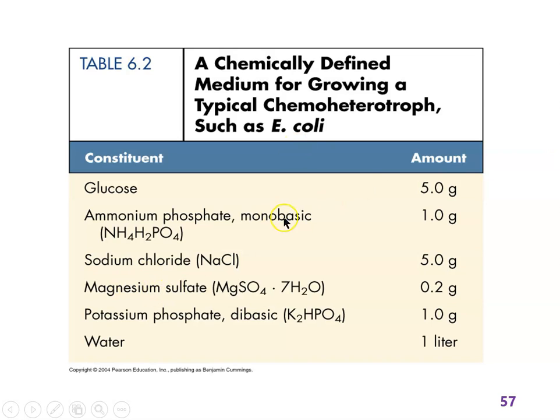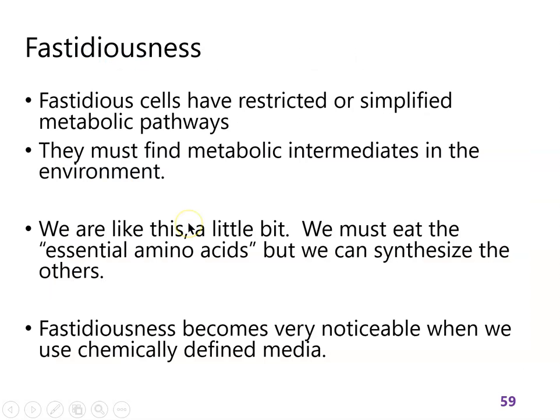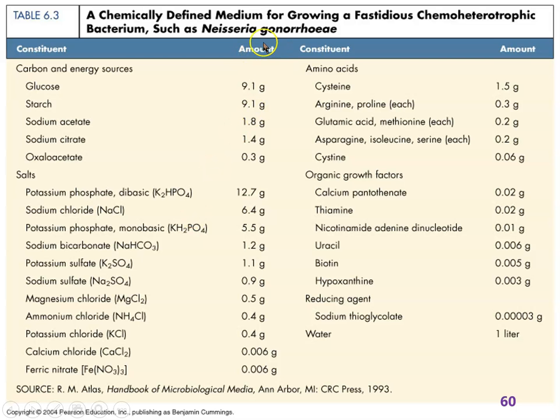So that's the difference between something like E. coli that has really complex metabolic abilities, so it can convert glucose into anything, and something like Neisseria gonorrhea that cannot convert glucose into most of these things. So that talks about the sources of nutrition, but we do more with petri dishes and broth tubes